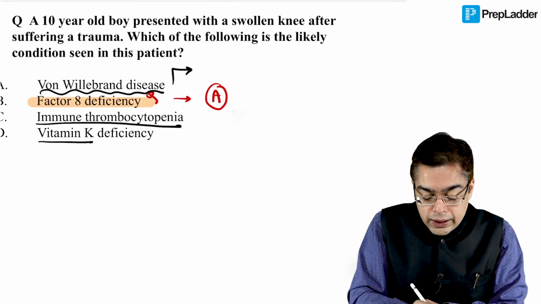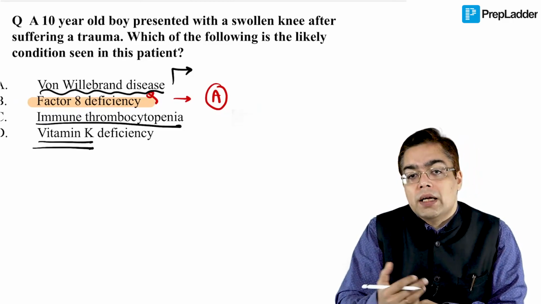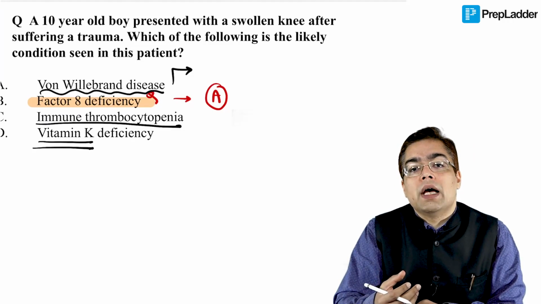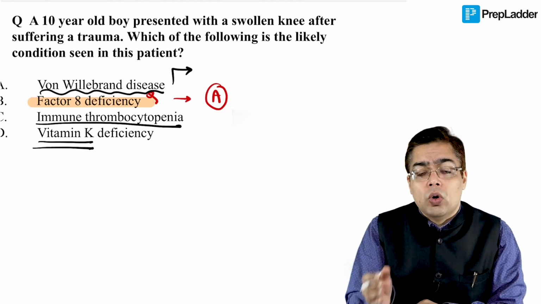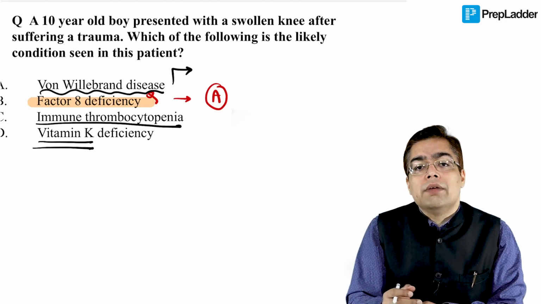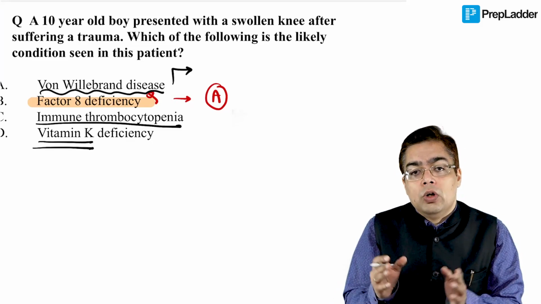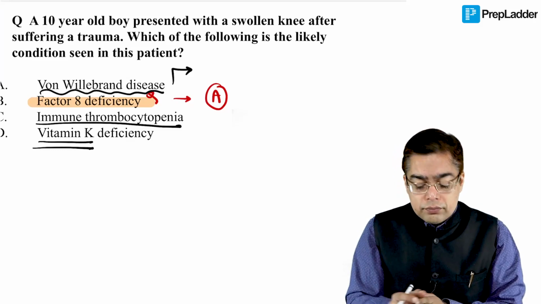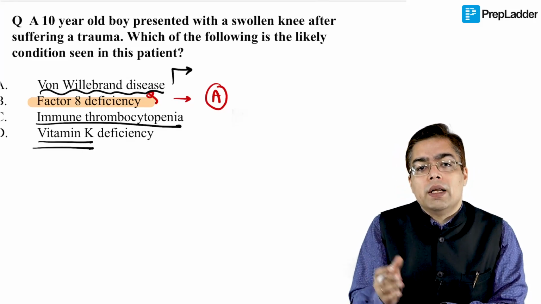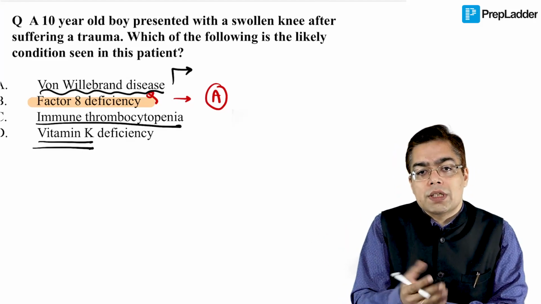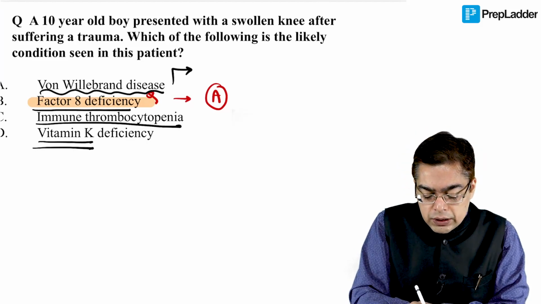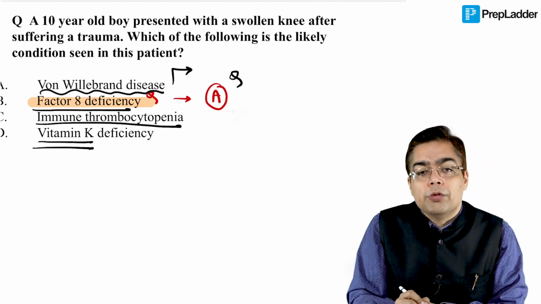When we are talking about something like vitamin K deficiency, it cannot take place directly over a period of time. It usually takes place, especially when an individual has classically something like alcohol-induced liver cirrhosis, or a failure of the liver, or the presence of long duration fat malabsorption. So since the question's history was relatively pinpoint, wherein a child suffered a trauma and developed hemarthrosis, we have to think in terms of a clotting factor deficiency, and factor 8 deficiency being the commonest, we picked up the answer as something like hemophilia A.